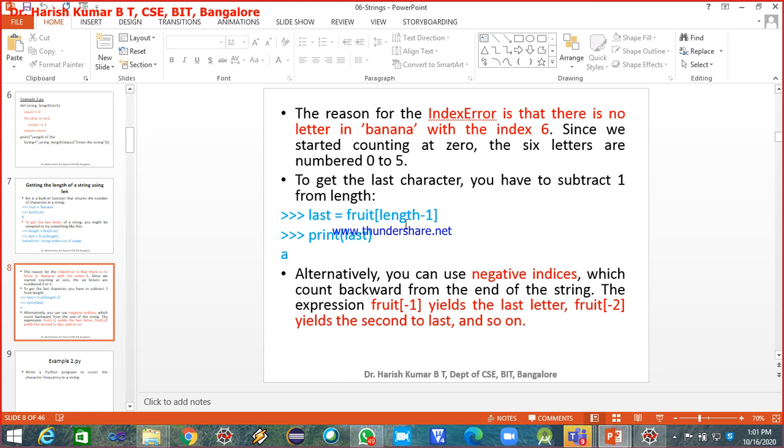Okay, so you have to always write it as length minus 1, so you have the length printed. And there is another way also. As I already told, indexing also supports the concept of slicing, or indexing also supports negative indexes. So if you want to access the last character, you don't have to find the length and subtract 1 from it. You can directly access the last character by using the negative index, that is minus 1. And this is true for strings and also true for lists. Lists can have negative indexes specified, and for strings also you can specify negative indexes.